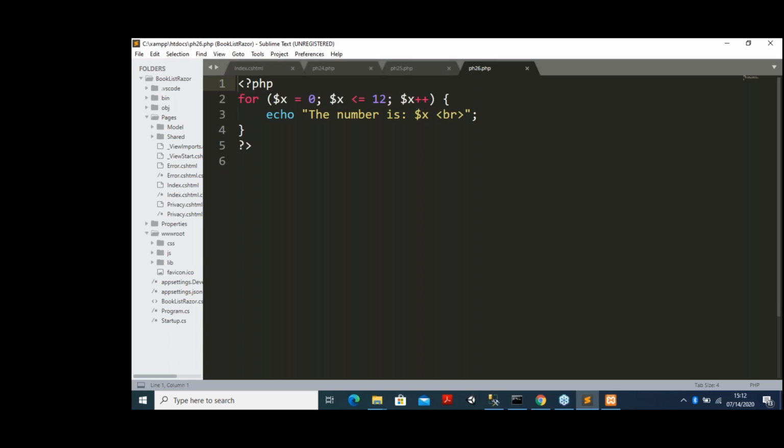So what are you doing here, you see. I'm using the for condition here, under the braces. So there are three parts here in the syntax. First is initializing $x equal to 0, then $x less than or equal to 12 is the condition I'm putting, then I'm going for the increment. All the things you are putting in one line. Then start the bracket. The statement is echo the number is $x. The same output will come: the number is 1, number is 2, up to number is 12. Then check the number output.